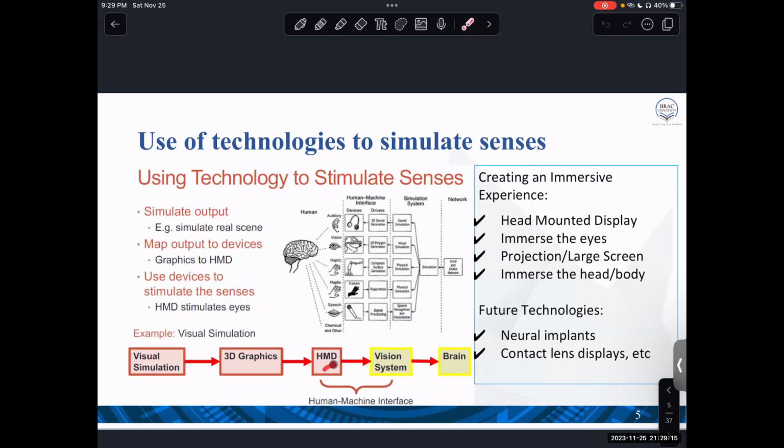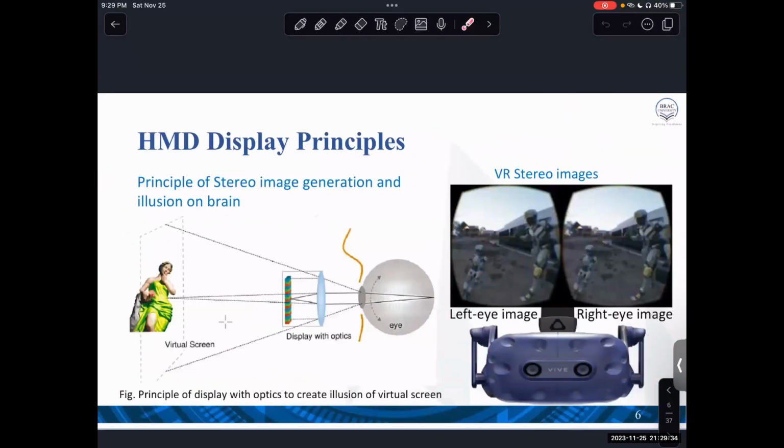It can also include some tracking so that we can know which way your head is moving. And the vision system is the camera connected to that glass or head mounted device. Later the brain will process what you are receiving from this. So this is an example of how head-mounted devices work. Normally, we see and have a perspective of a picture like this. It's the normal way of visual process. But to make it look the same, we have this kind of devices which will show